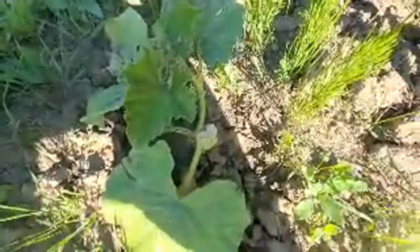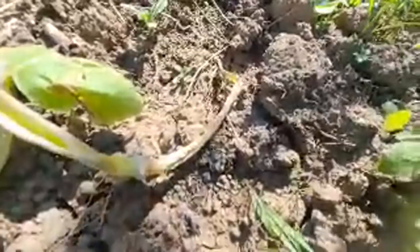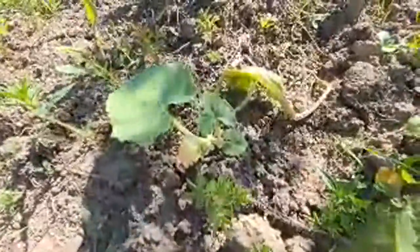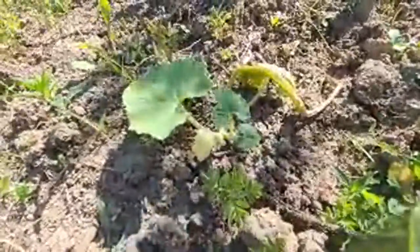And here, I'm not sure if we're going to worry too much about it, except for around the giant pumpkin. We got one flower there. Is there another one? No, just one. Someone said that if you touch your pumpkins, they don't like that. I guess that's probably true. But they seem to be doing okay. Then we got this one over here. This one, I can't believe is making it, because look at the stem. It's crazy, but it's got a flower here, and it seems to be doing okay. I don't really understand, but